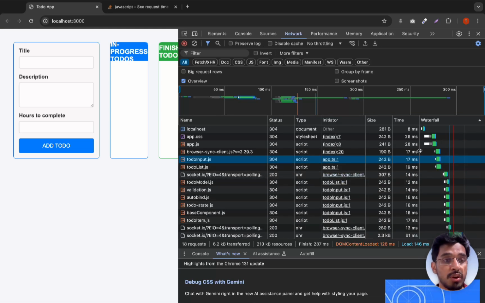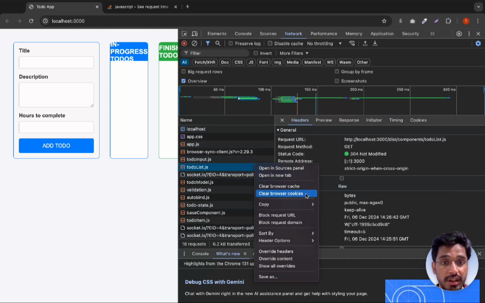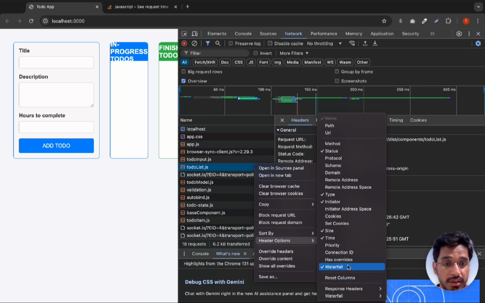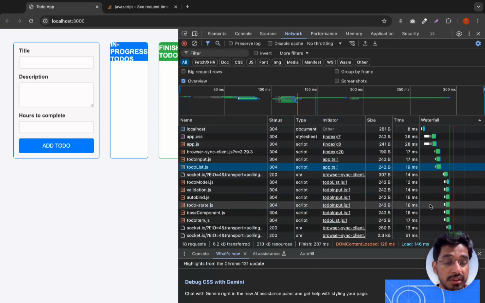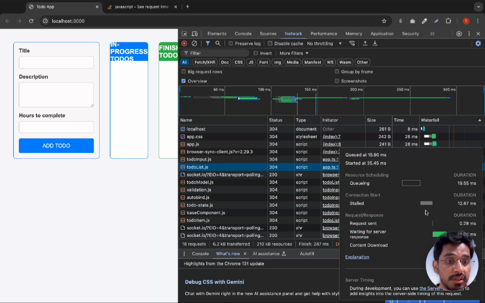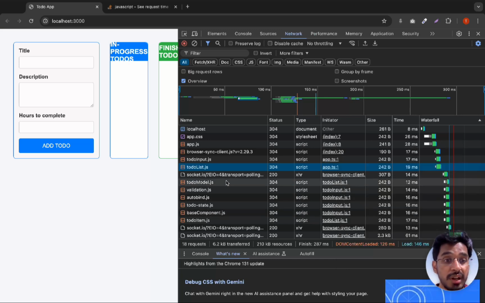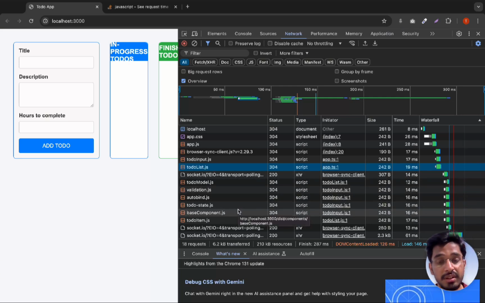So I've just opened the waterfall graph, where you can right click, go to header options and enable this waterfall option. Okay, so you see that over here it gives us how much time it takes to make a particular request for our JavaScript file. And if we hover on this time itself, it's the time to set up and make the request to our server, so that will take some amount of time. Okay, so for every file it takes time, so that is why this is not the optimal way to download so many JavaScript files. So we need to minify this into one separate JavaScript file, like we can call that